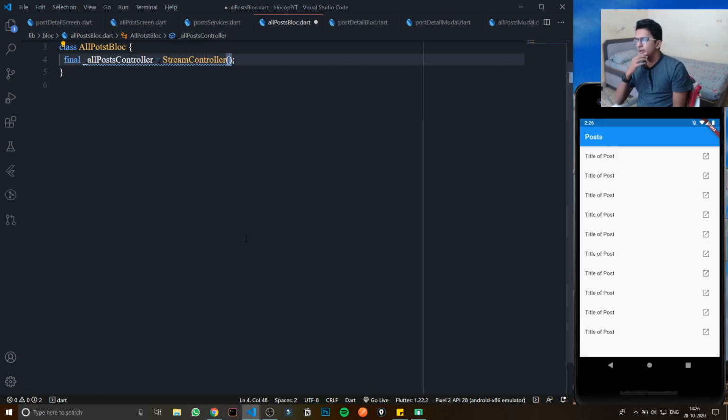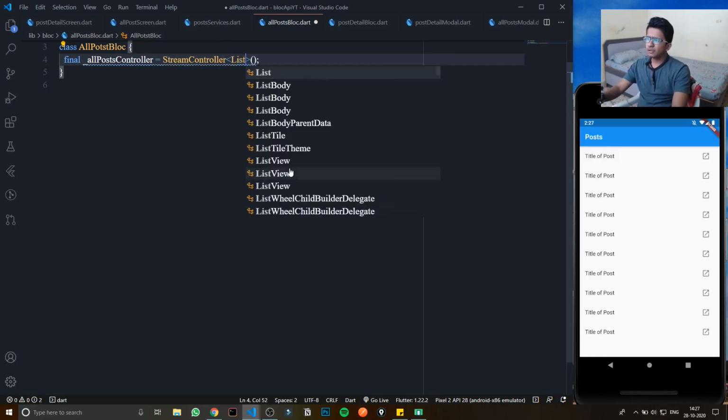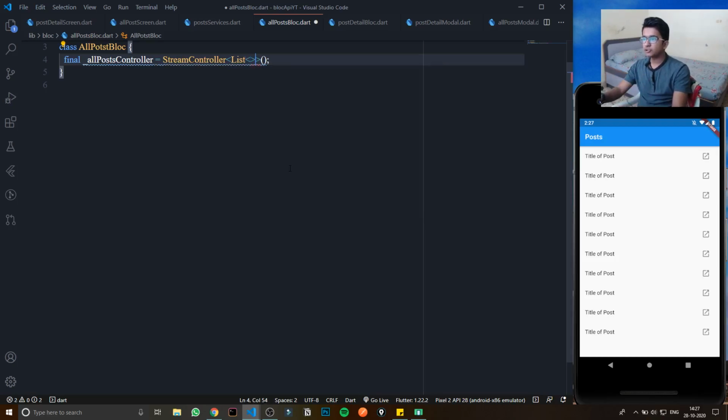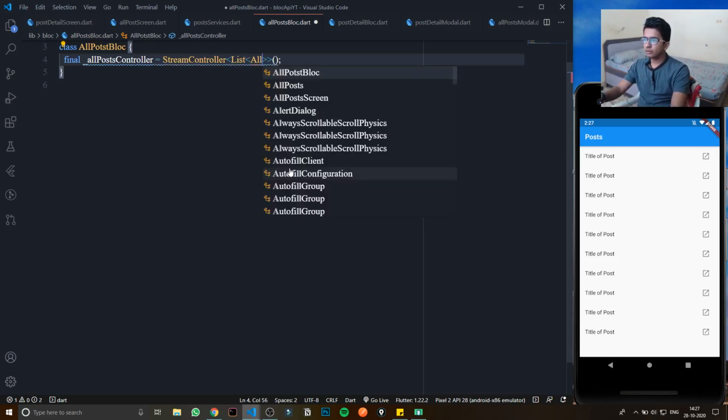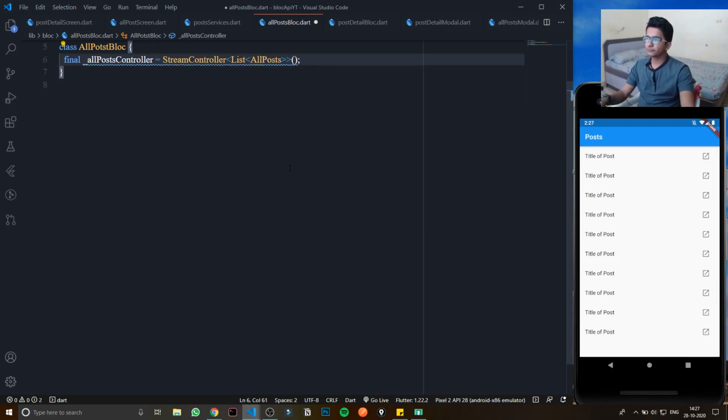So we can specify in this pipe that a certain type of data will be passing through. In this case, what type of data should this controller expect? It will be a list of all posts. Okay, great.